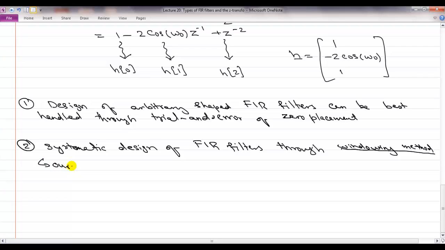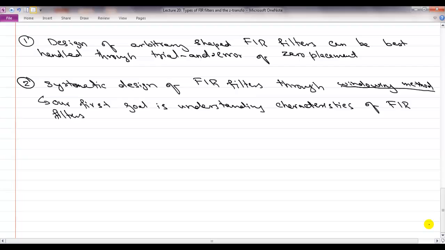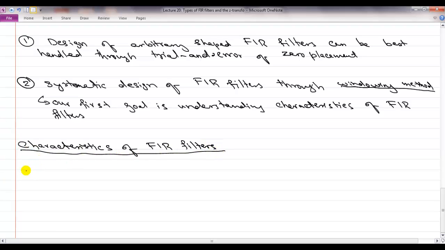So our first goal is understanding desired characteristics of FIR filters. So for the next few minutes, or perhaps even going into the next lecture, we'll just be talking about abstract ideas. We'll try to motivate why those are the things that you should care about. So one of those characteristics we already know. So characteristics of FIR filters. So the first one we already know,